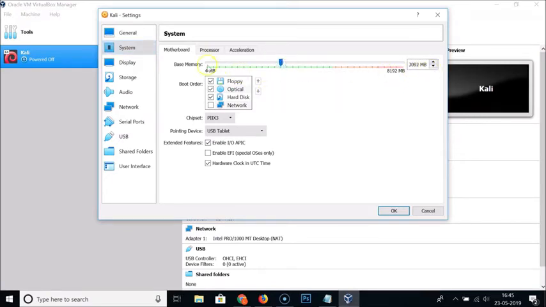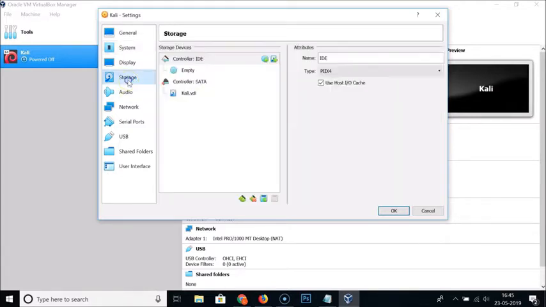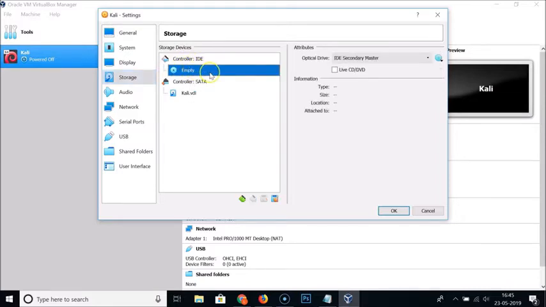And here we have the processor, so you can give the number of processors that you like. I'm giving 3 processors. After that, here we have the storage. Just click on it, and here we have the empty disk under controller IDE. Just click on this empty, and here we have the little disk icon button, click on this,